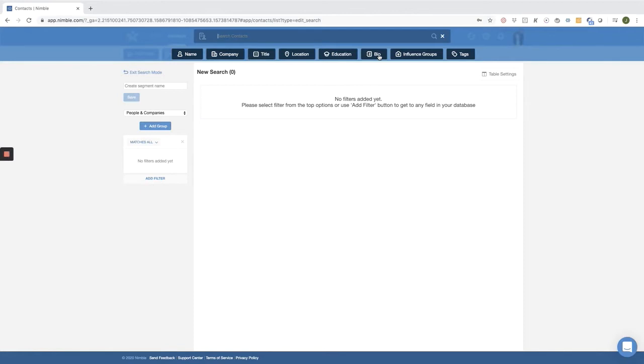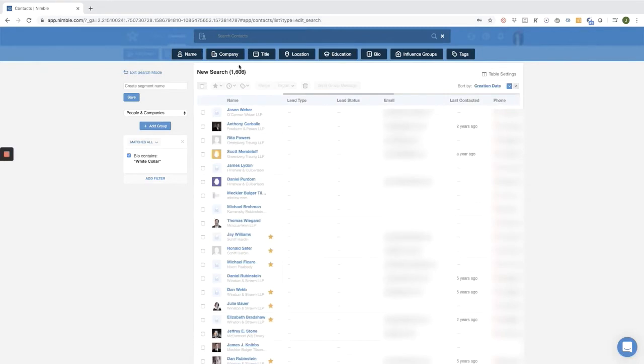And in the biography, there's a lot of information about that individual, which makes it very helpful to connect in a visceral way with that individual. So let me hit biography. And we're going to be looking at white-collar crime attorneys, so let's look at white-collar. And update that, and you'll see in my database that I have quite a large group of attorneys that have white-collar crime in their database, and it's probably going to be a little bit too big. Yes, it's a little bit too unwieldy.